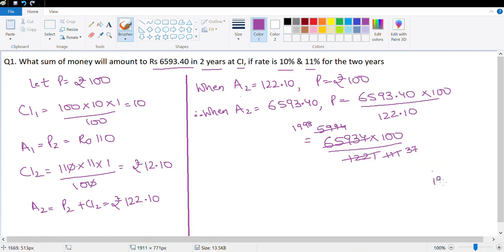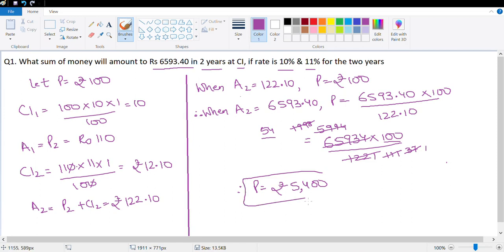So 1998 divided by 37. 37 into 5, that'll be 150 and 35, 185. 9 minus 5, 4. 9 minus 8, 1. And 8. 37 into 4, right? 120 and 28, correct. So this is 54. So let me just erase this. So this is 37 into 1 and 37 into 54. Therefore, principal is equal to 54 times 100 is equal to rupees